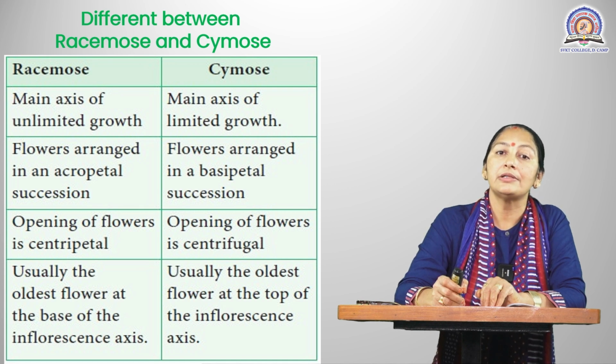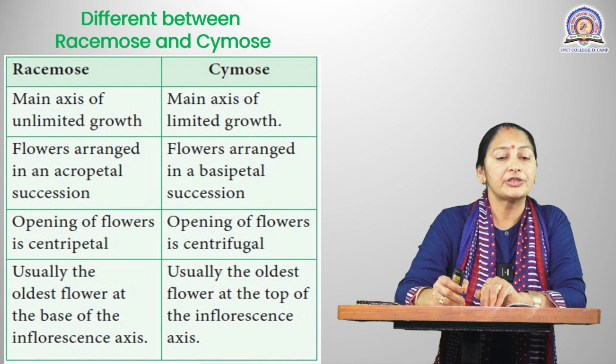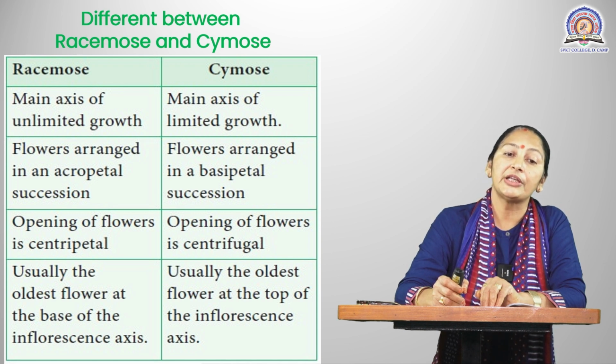It is known as the acropetal succession. It is also called the acropetal manner. Also it is called the acropetal order. Okay, then next, the flower arranged in the cymose type of the inflorescences, the flower arranged in a